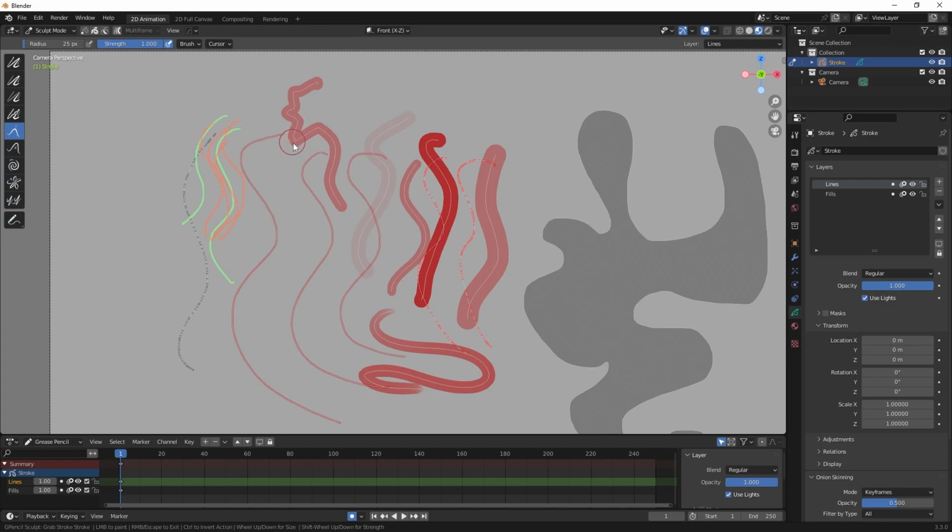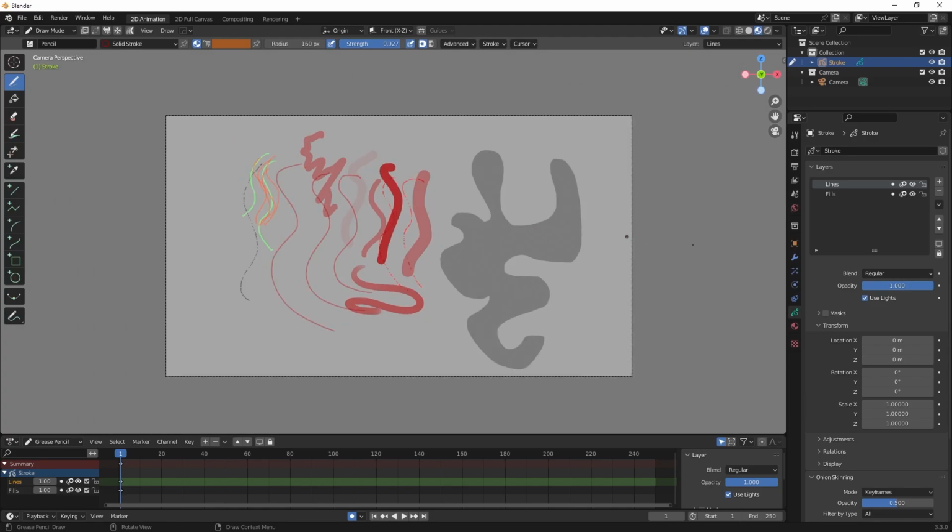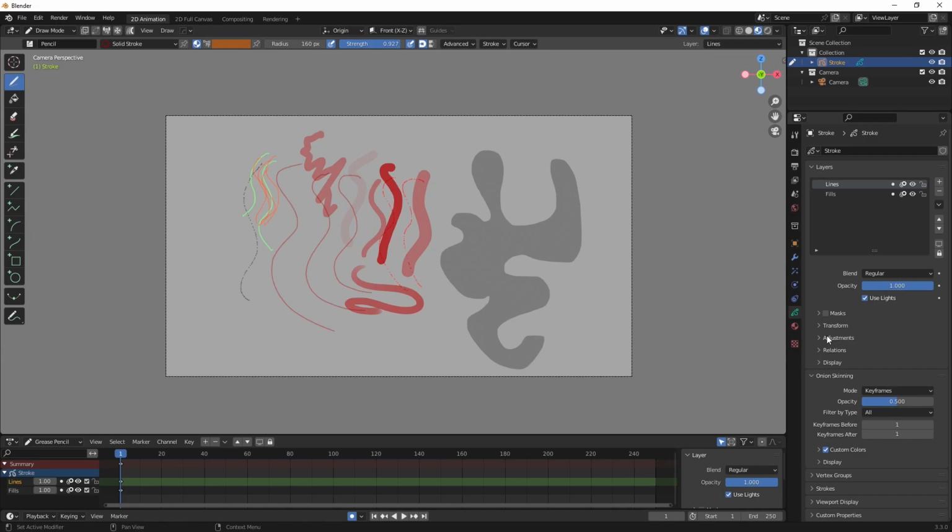And we'll go over these in another video as well, but I just want to show you there are other modes that you may use while working in grease pencil. So I'm going to hit Control Tab to bring that back up and choose draw mode. Now if we go back to the properties on the right, I'm going to close out of transform. So I'm not going to address the rest of these in this video, but I do want to click on